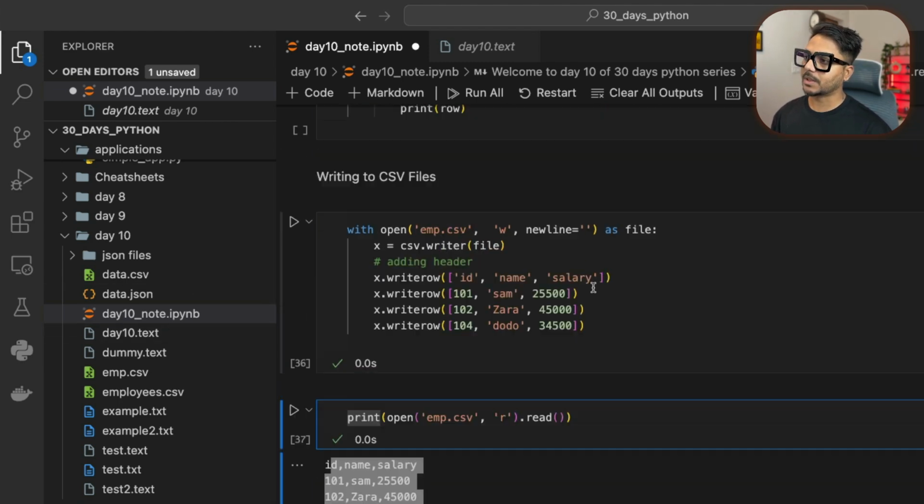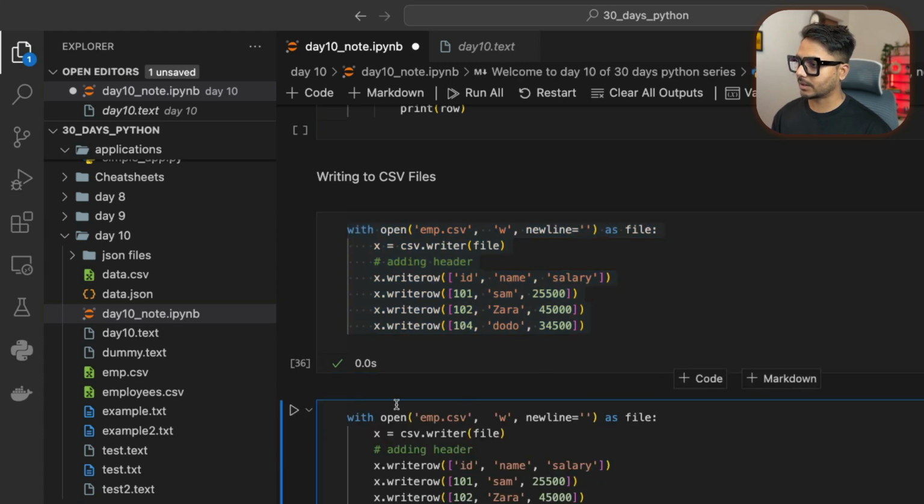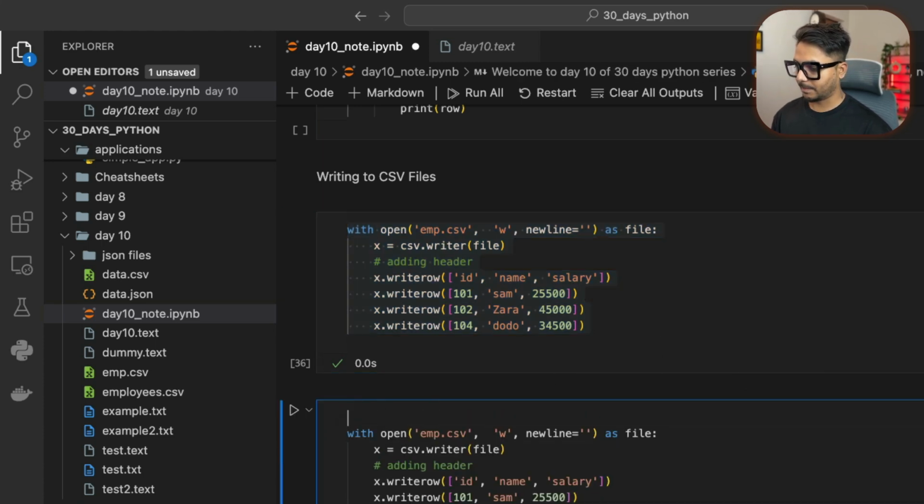Now there is something called append. Append is going to add new records. Let's say I have this file called imp, I already have the file, and I want to add some new records. For that I can just go ahead and do an append here. I can say maybe appending